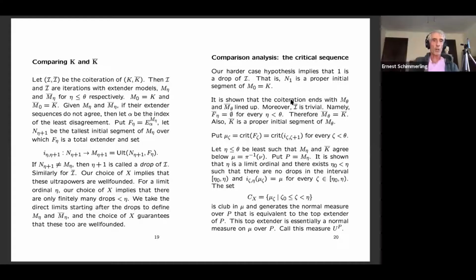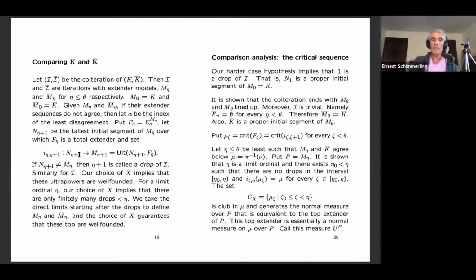So, oh yeah, I should say what I'm calling things. Yes. So the models on I are called M eta, and that's for eta less than or equal to theta. The extenders that I'm using on the iteration I are the F etas. Those are related to the extenders coming from the extender sequence of M eta. It's one of them. And sometimes M eta plus,